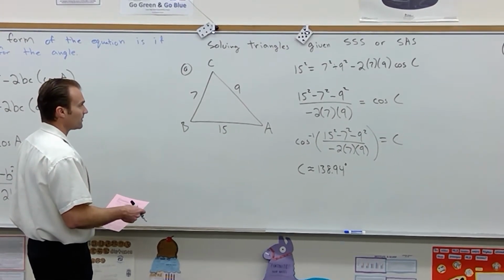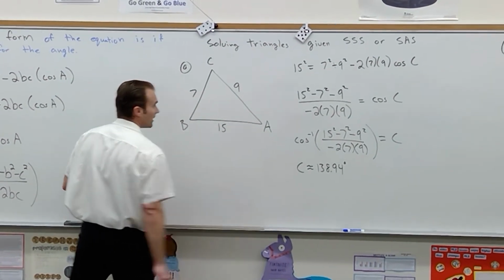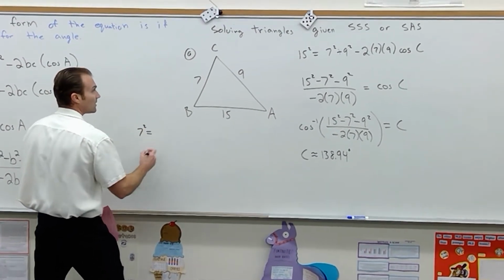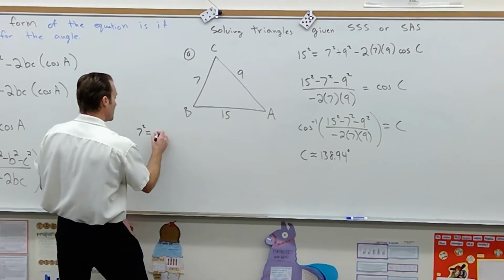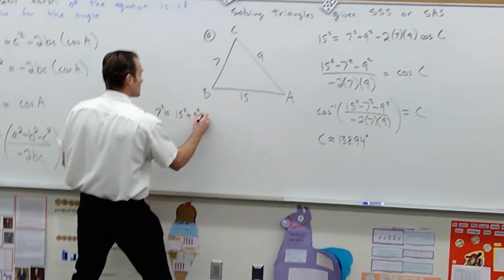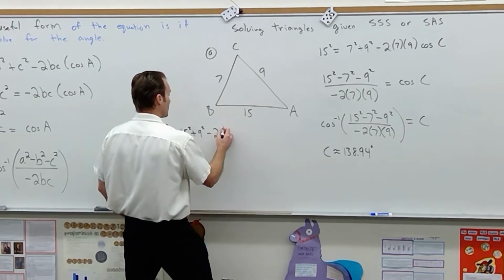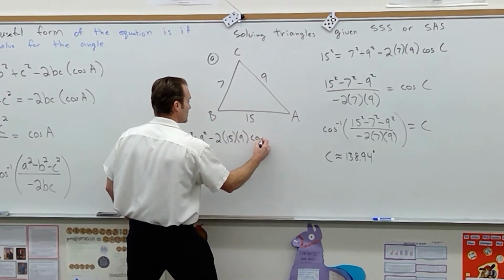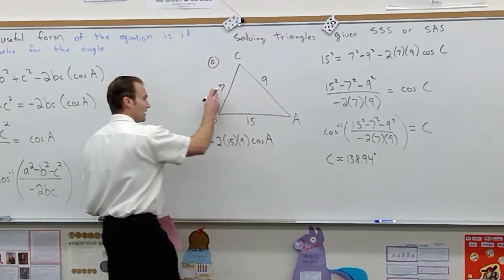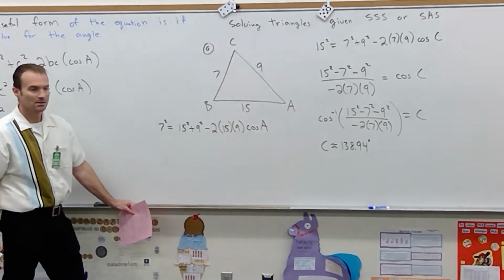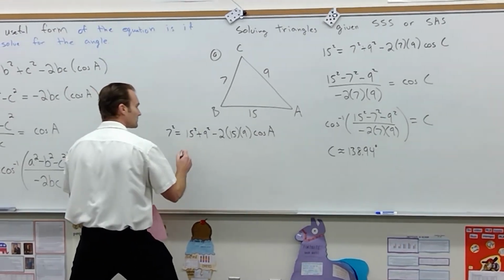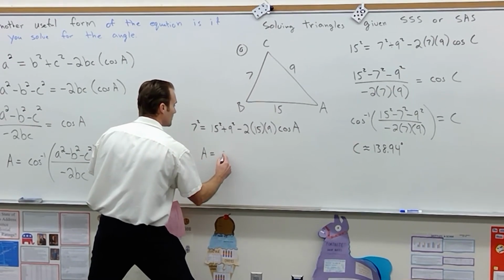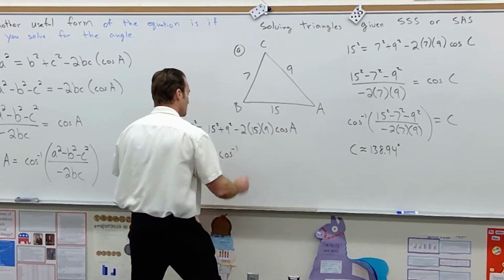So let's say we want to find angle A. To find angle A, we start with side A squared equals the sum of the squares of the other two sides, minus 2 multiplied by the product of those two sides, and then cosine of that angle opposite that side. Okay, solve it. So let's see, A equals inverse cosine of